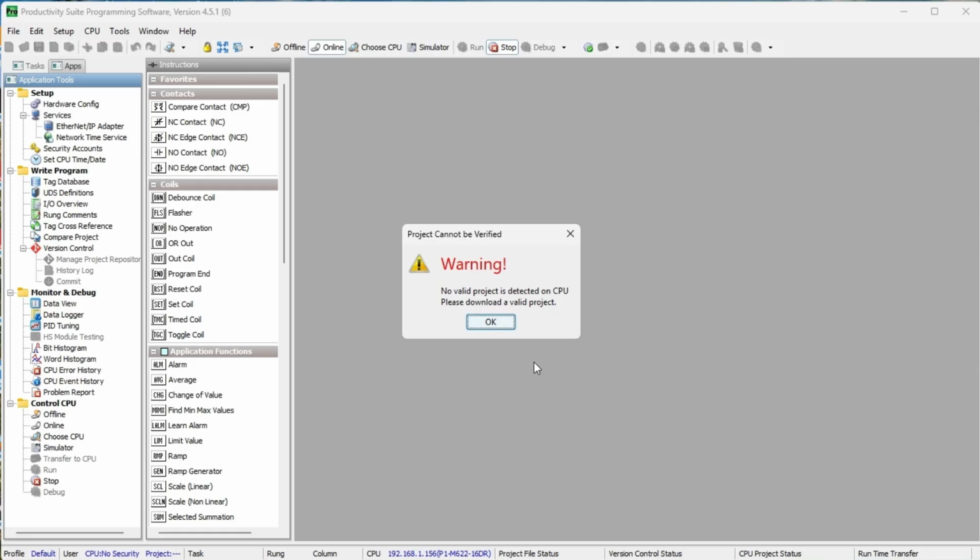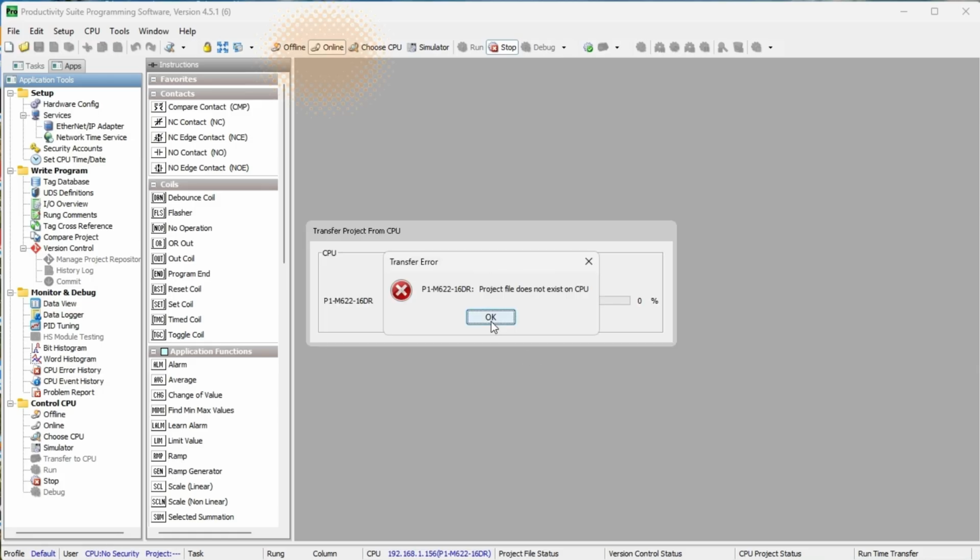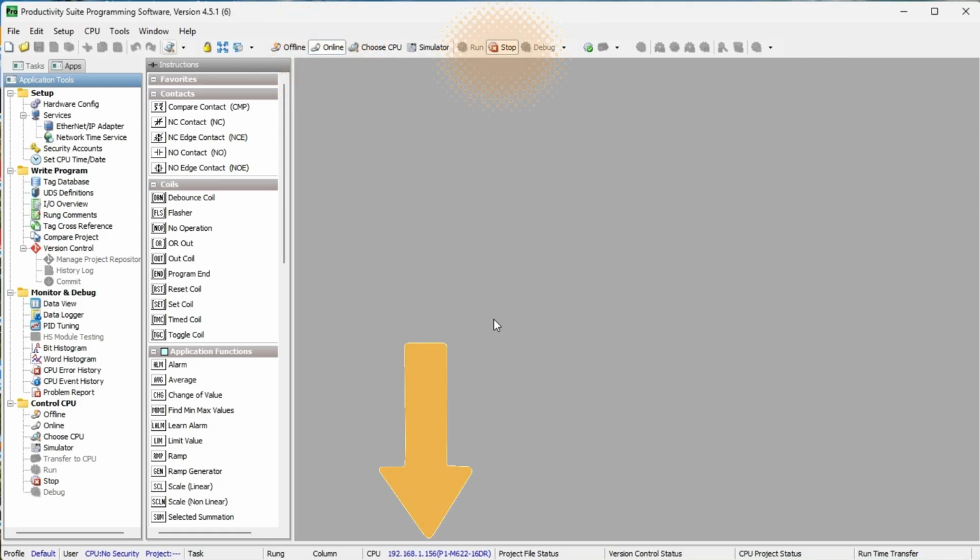Our screen will now show that we are connected, the PLC's current mode, and the PLC's connection status. The icon in the software's main menu shows we are online and in stop mode. The Application Tools menu under Control CPU also shows that we are online and in stop mode. The status bar at the bottom of the screen, under CPU, will show our connection type and the CPU name. CPU, the Ethernet connection 192.168.1.156, name